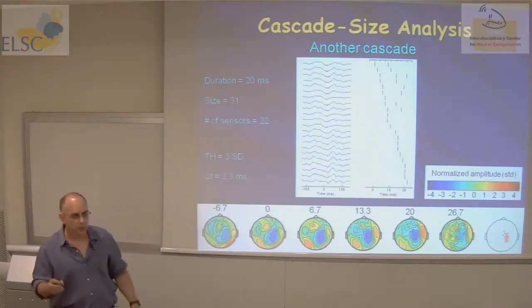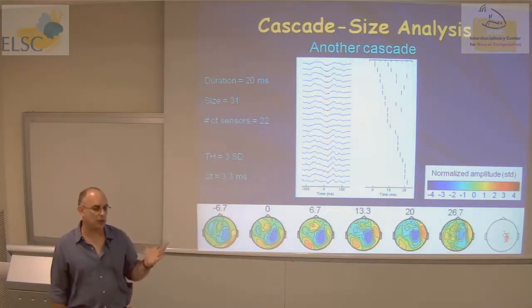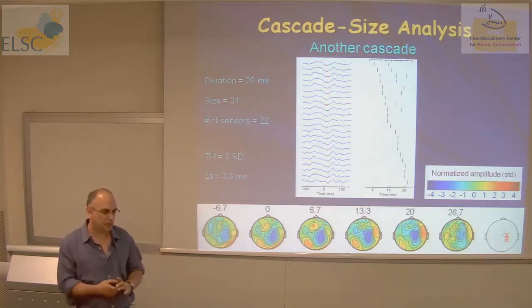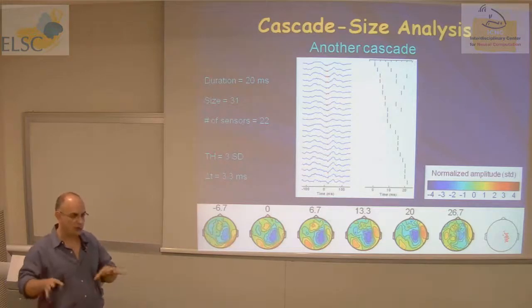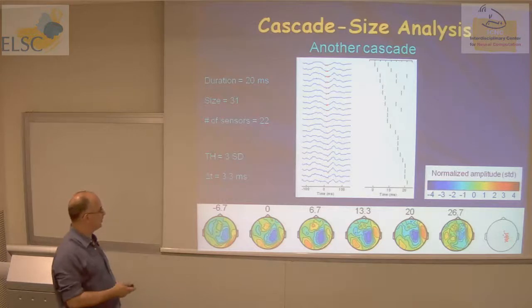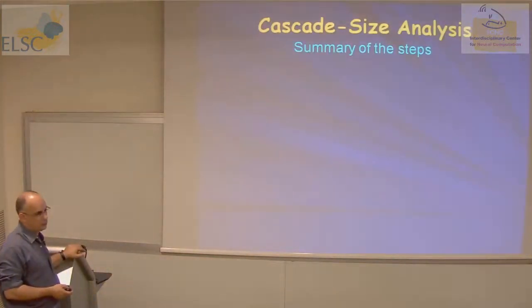Yeah, so it's a good point. A limitation of this analysis is that you assume that there is one cascade at one time. This analysis does not allow you to get simultaneous parallel cascades on the array. I have another way, which I started to investigate, a more sophisticated clustering method that can, I hope, detect parallel avalanches. But here you just assume that there's one cascade in a given time. So the sorting here is done afterwards. It has nothing to do with the location.